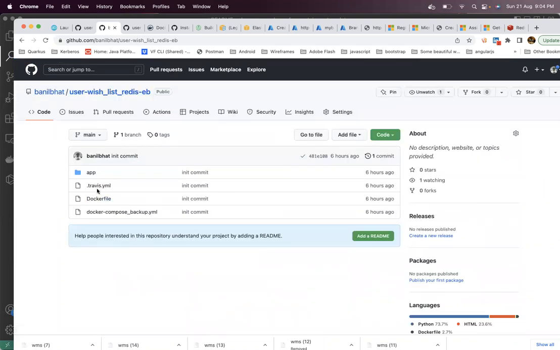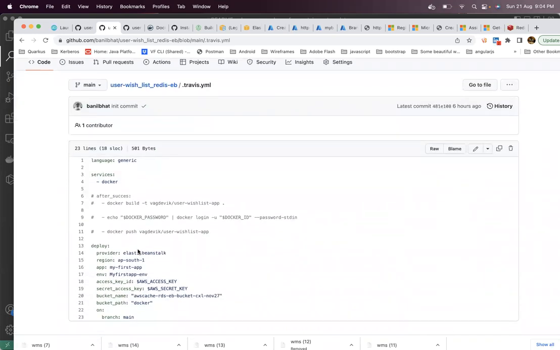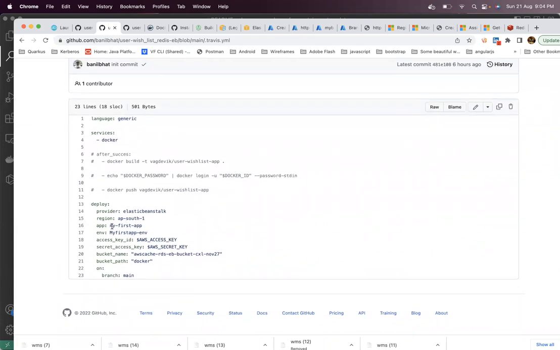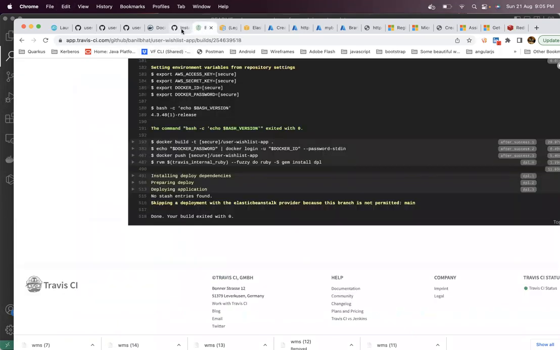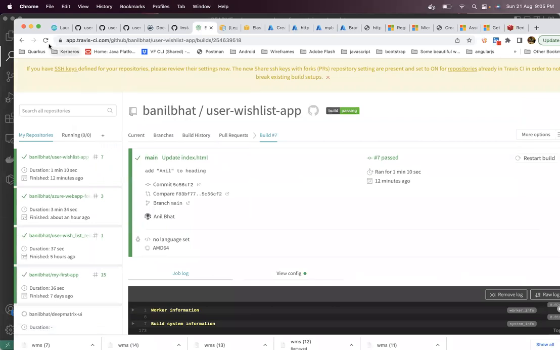And I will go to travis.yml. What is the kind of EBS application name I want to create? So, okay, the EBS application name is the same. I want to create an application with the name my first app. So I will just create